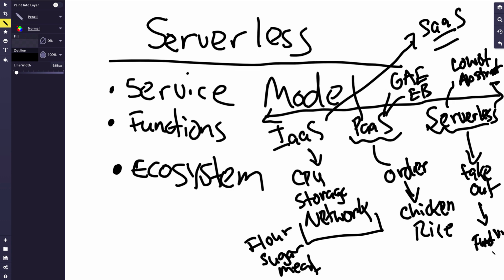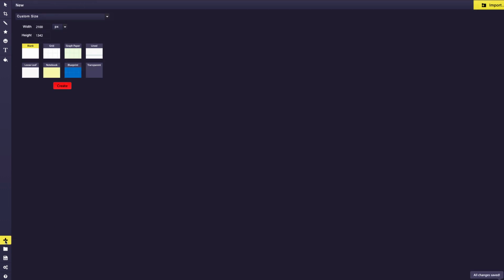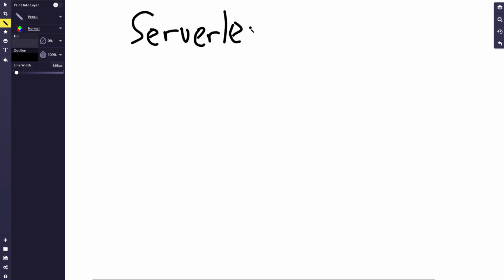And as I mentioned, the cloud providers themselves, this is really where they're focusing most of their energy, on the platform as a service and serverless. So let me talk a little bit about the functions next before I get into the ecosystem. One of the things that is interesting about serverless is that it capitalizes on this concept of a function. And so if I go here and I say serverless and functions, I think I've mentioned this before, that with